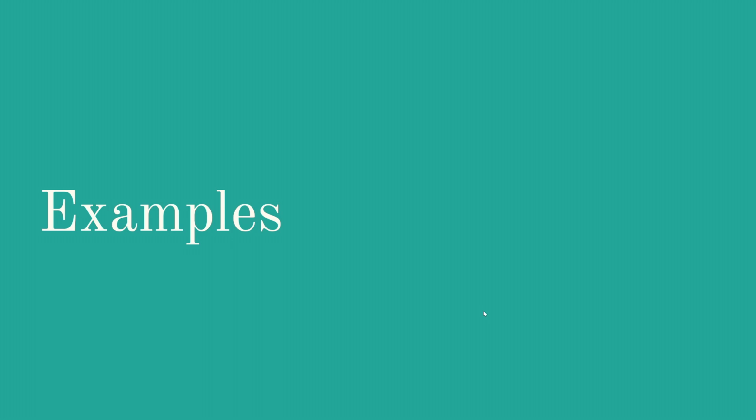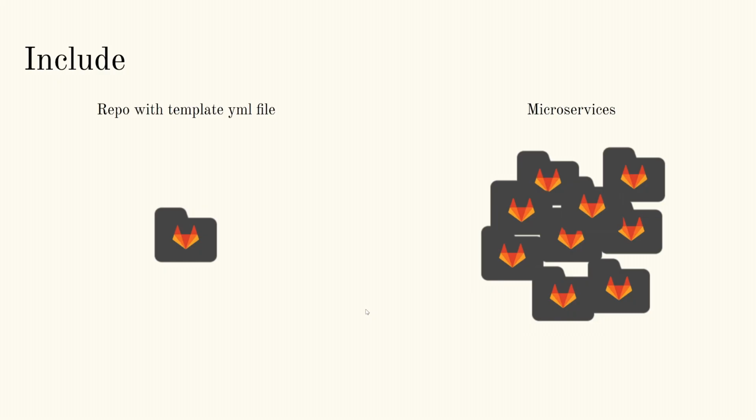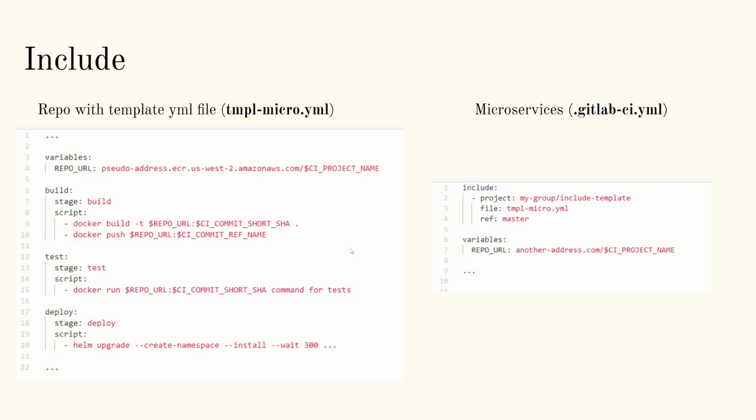Let's see some more advanced examples. In this example, let's say that we have many microservices. They are written in the same language and we want to build an image, test it, and then deploy the service. So we can create a template file in a different repository and then include it in every microservice project. So on the left, we have an example of the template file, and on the right, we include this file